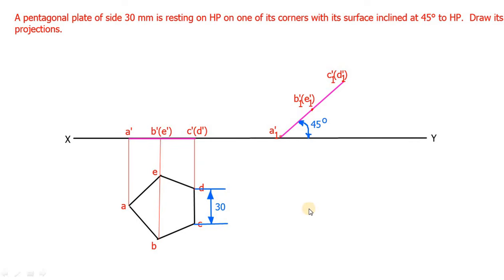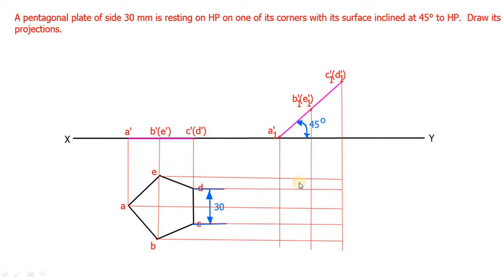Just project all the corners downward. Similarly, from this view, project all the corners towards the right side. Okay. So now you can mark the meeting points, that is A and A meets at A. So if it is A1 dash, here you can mention it as A1. So likewise, B and B meets here at B1. Similarly, C and C, D and D, and E and E.